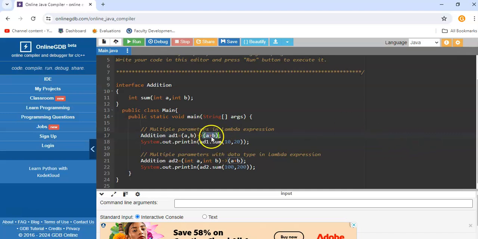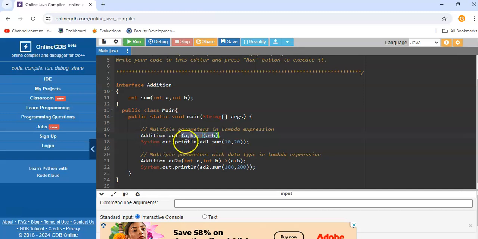It is a single line lambda expression, which can be defined without the curly bracket. Once this lambda expression is written, the definition for the method is provided. That is, what the sum method does is add up the two arguments, a plus b. Here the method definition is provided by using the lambda expression.